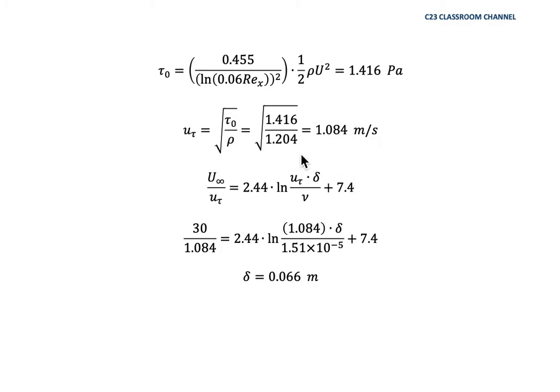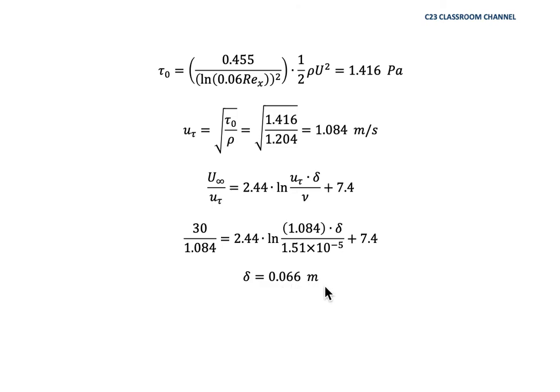So we substitute all these values: the shear stress velocity U tau here, the kinematic viscosity here, and the value of the free stream velocity can be taken from the table and from the question. So we could calculate this one. This is very basic mathematics, so I will not show it here. So we could find that the delta is equal to